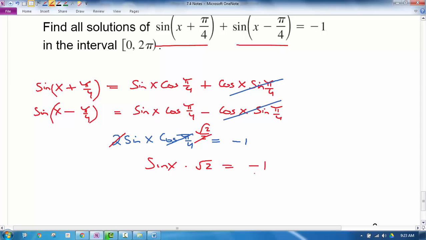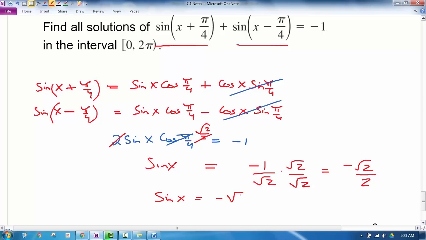Let me divide both sides by the square root of 2 now. Okay, so now I have this. Let me simplify this negative 1 over square root of 2 by rationalizing the denominator. If I multiply top and bottom by the square root of 2, I rationalize the denominator, which is negative square root of 2 over 2 now. So what I'm looking for is, where does the sine of x equal negative square root of 2 over 2